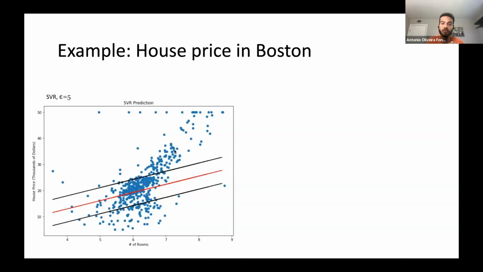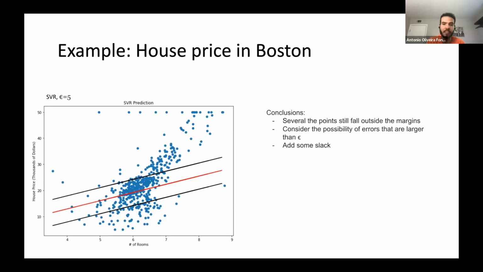If I want to try to include as many outliers as I can, I need to add more flexibility to the method. Therefore, that's the role of the C. So like how much I'm willing to go above the margin, how much of deviation I'm willing to accept, right? Very well. Some people refer to this C as the slack variable. So you're going to see people referring to that with different terms, but essentially it stands for the same thing, which is how much flexibility I'm willing to have in order to incorporate more points within these